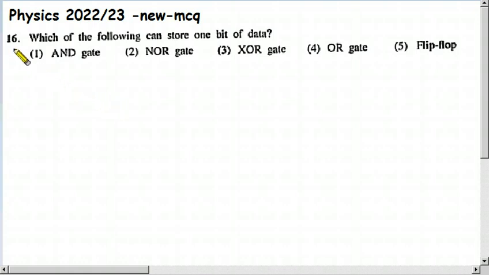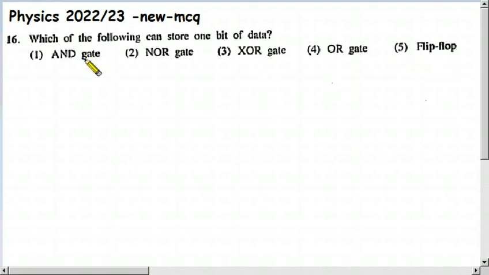Children, today I am going to discuss question number 16 from the MCQ part of the 2022-23 Physics new syllabus paper. Which of the following can store one bit of data? First one AND gate, second one NOR gate, third one XOR gate, fourth one OR gate, fifth one flip-flop. So children, the answer for this one is flip-flop, because regarding an AND gate, you can't store data,